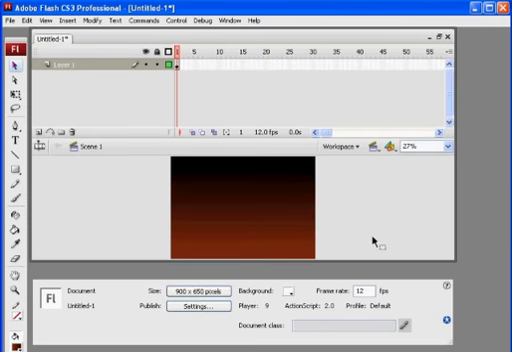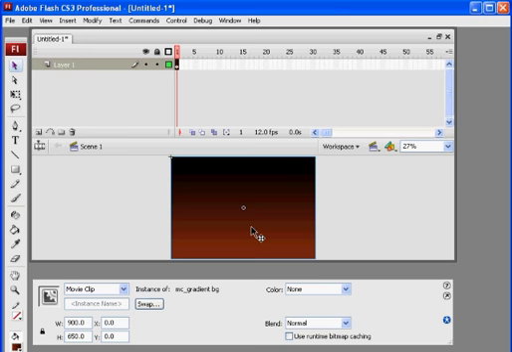Okay. Now this goes with assignment 11, which was how to do a shape tween. It's all put into a movie clip, and it's on layer